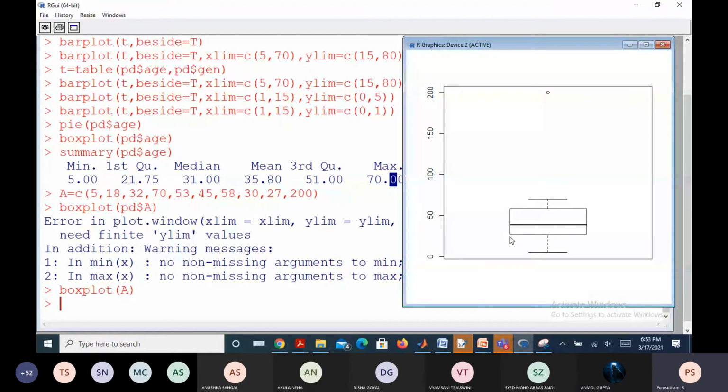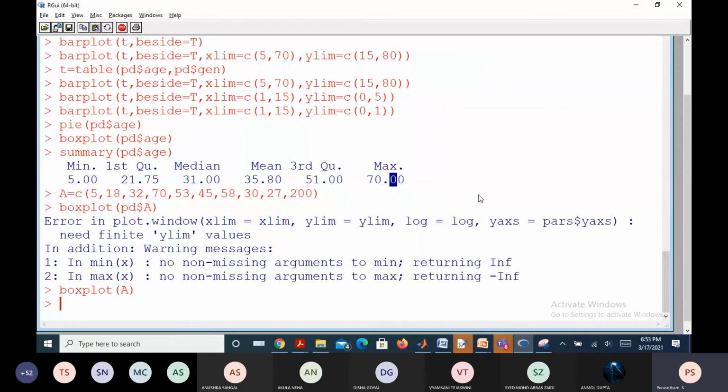Right. So different plots we learned today. Of course, this is not limited. If you want to change the color of the plot, you can add the color syntax, like in the previous case, col equal to, say, red.